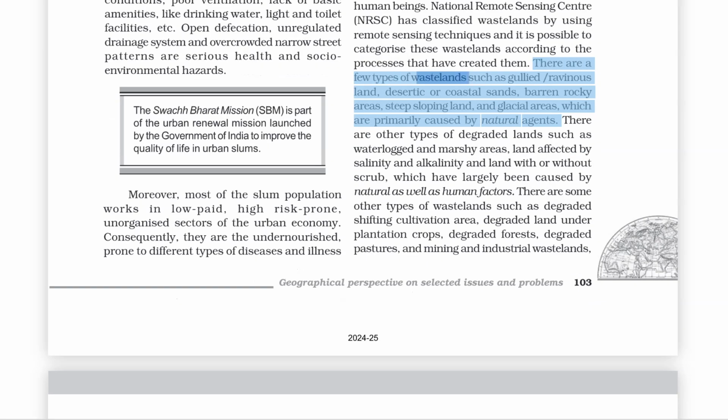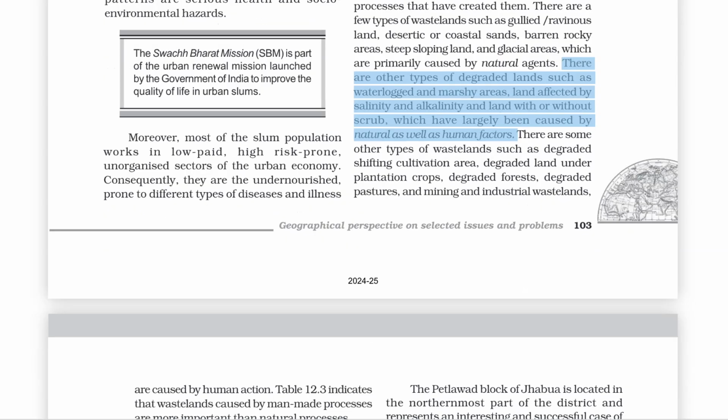There are a few types of wastelands such as gullied/ravenous land, desertic or coastal sands, barren rocky areas, steep sloping land, and glacial areas, which are primarily caused by natural agents. There are other types of degraded lands such as waterlogged and marshy areas. Land affected by salinity and alkalinity and land with or without scrub, which have largely been caused by natural as well